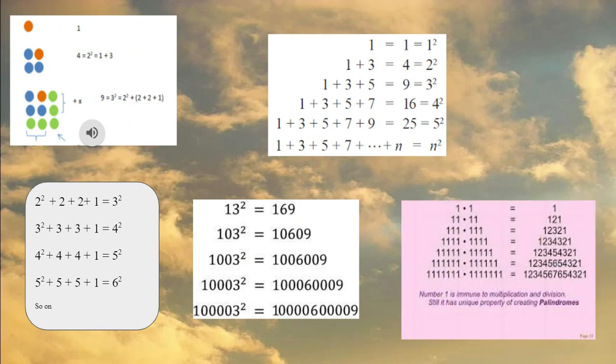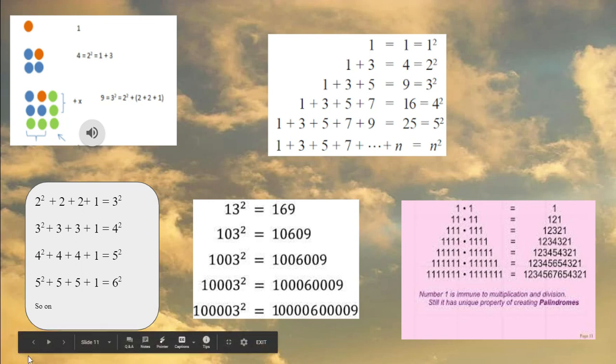This pattern we already saw before. So 11 into 11, 121, means 3 ones are there. So 1, 2, 3, 2, 1. Same way 4 ones are there. So 1, 2, 3, 4, 3, 2, 1. Like this, so many patterns are given in your textbook also. You can go through the patterns and see the interesting facts there.